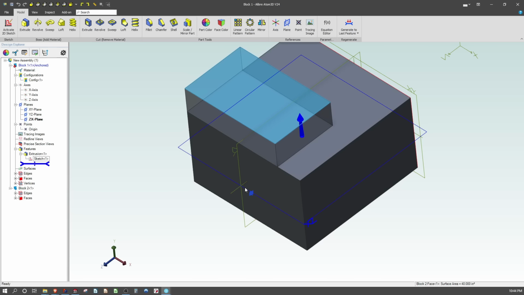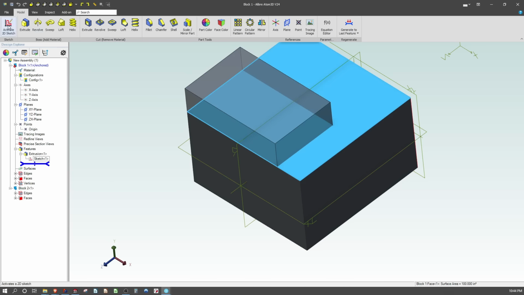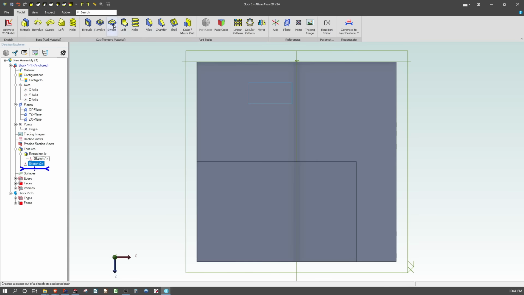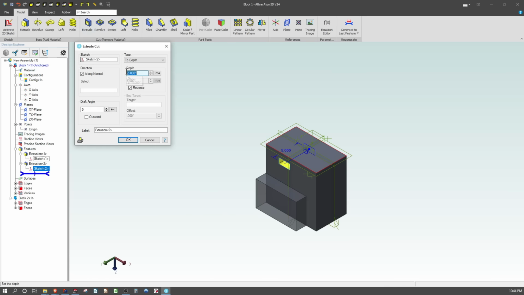And with FreeCAD, it's a mixed bag when it comes to being able to use assemblies, because I don't recall having any problems with Assembly 2 Workbench having issues with redundant constraints. Assembly 3 has given me some problems, but likewise, right, if I were to go and create a sketch on this part, maybe I'll make a rectangle, I'll deactivate the sketch, and we'll do an extrude. We'll set that through all,